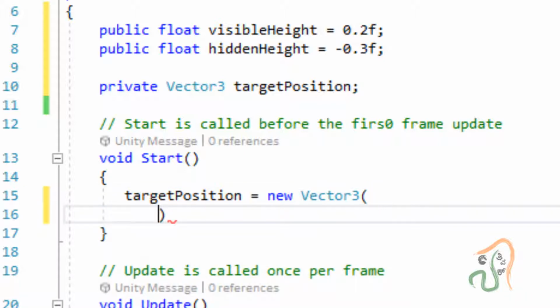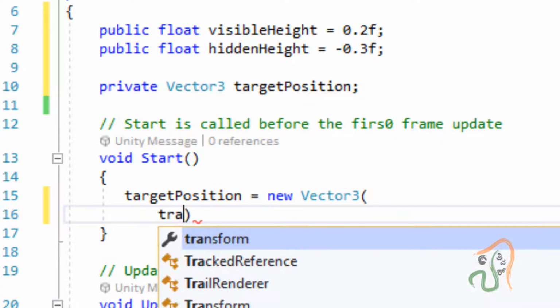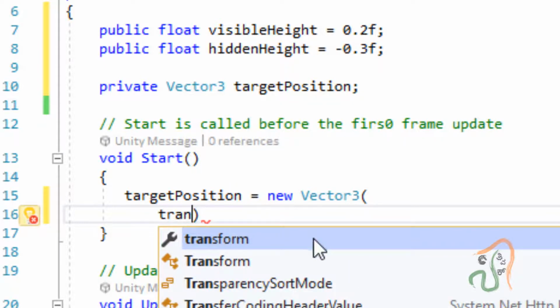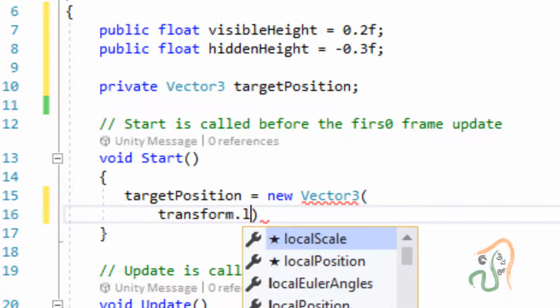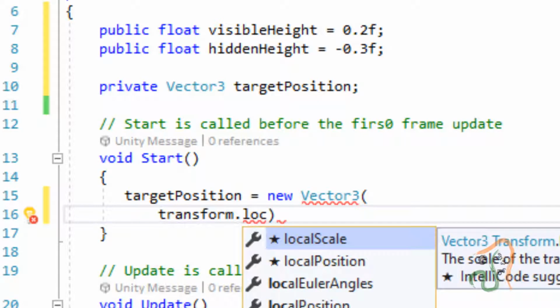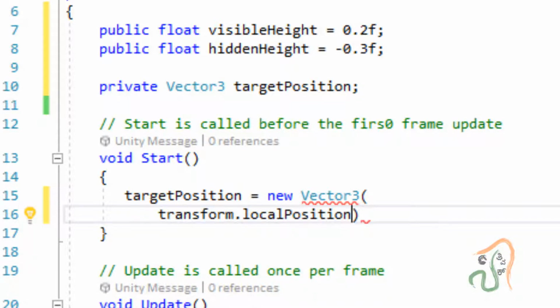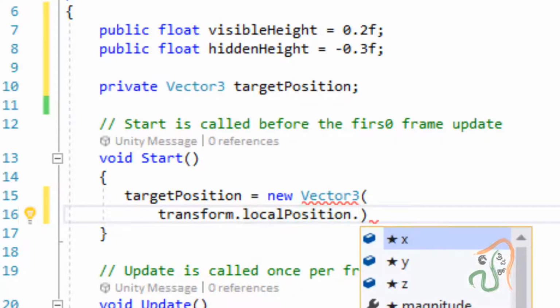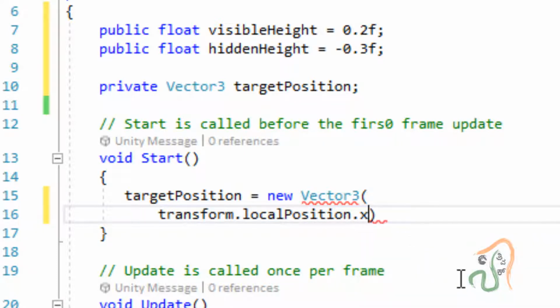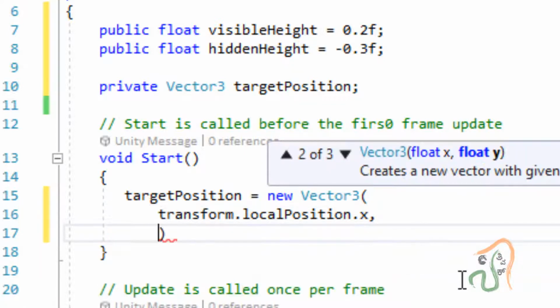Press enter. The first position, x position, will be the current position. To access this current position, type transform, and in transform press period, and choose local position. Transform.localPosition, in which axis? Period x. This means in x there is no change. The local position will be used as it is. End it with a comma, then press enter.